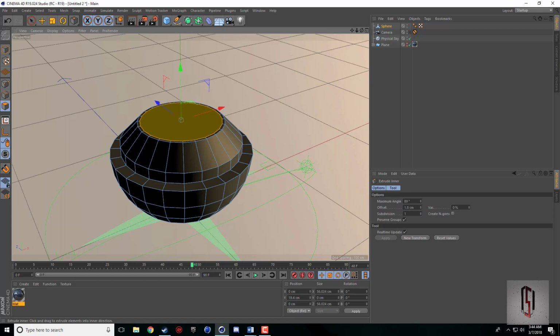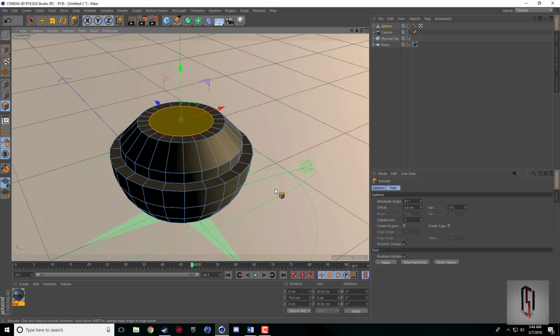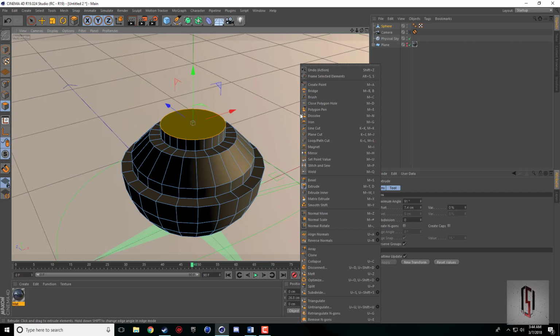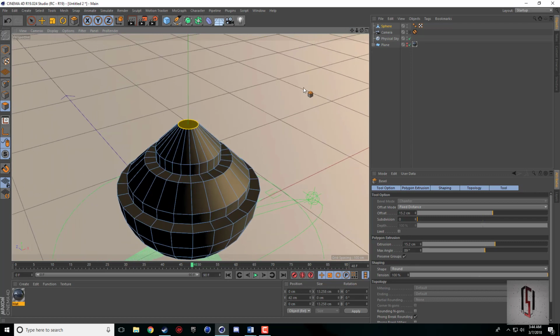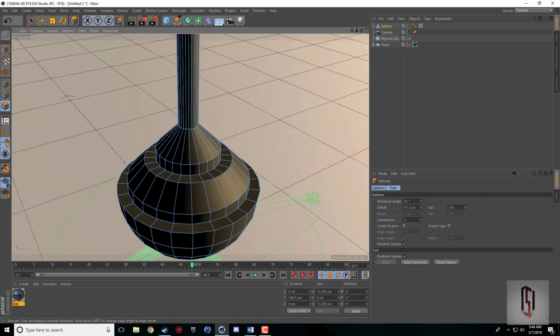Now we're going to go back to inner extrude. We're going to do those 3 steps again. So inner extrude, and then right click, extrude it up a little bit, and then right click bevel, bevel it in till we get a small cylinder here, and then we can extrude this up some ways,